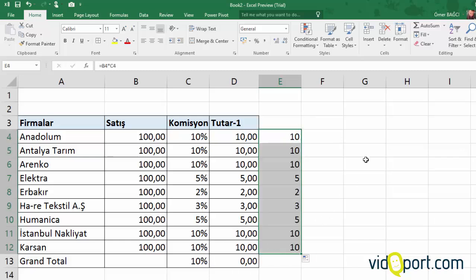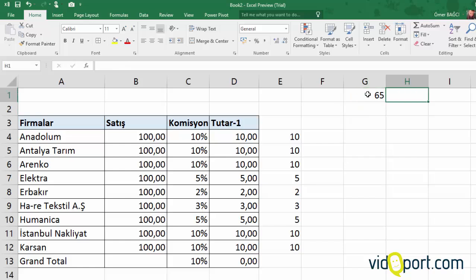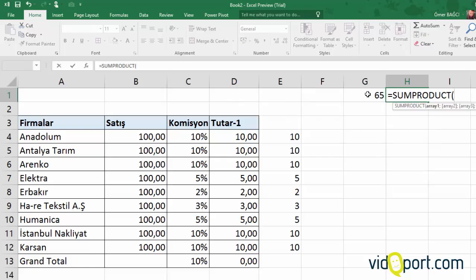Now, if we want to get the total of the commission rates here, after pressing the total icon here, we scan the range we want to total, and when we press enter, we find the total value here. Now, friends, this can be done more simply with the sum product function. If you are using English, SUMPRODUCT; if you are using Turkish, it is the sum multiplication function,